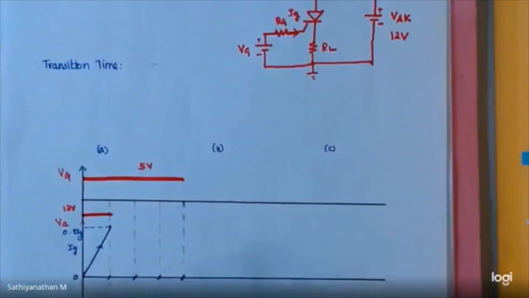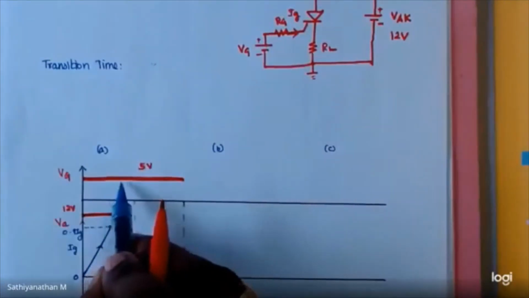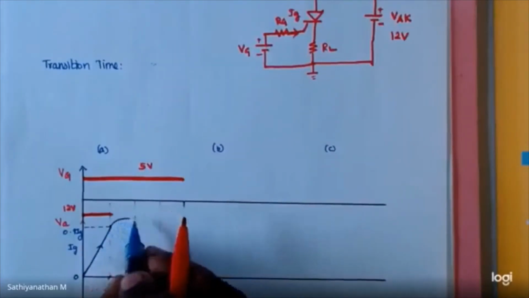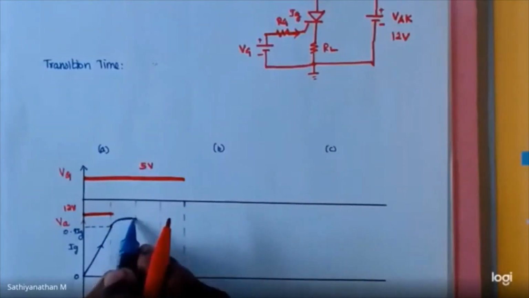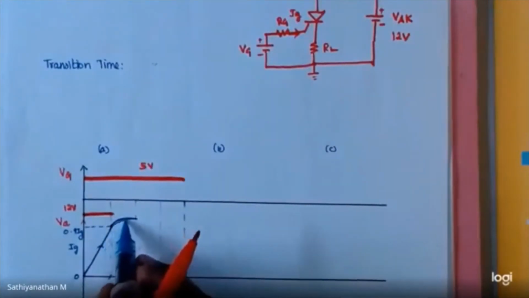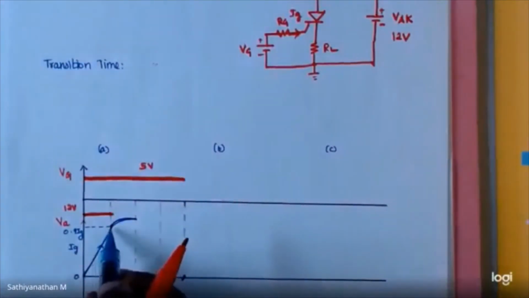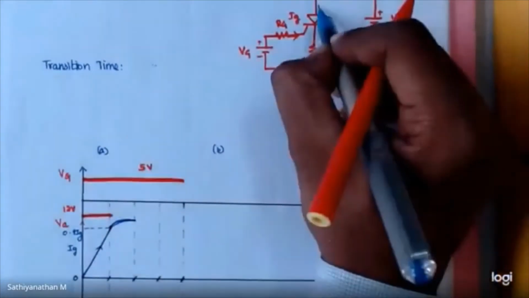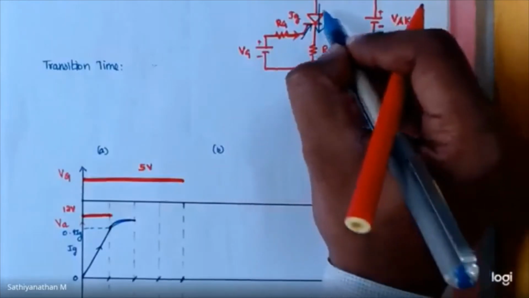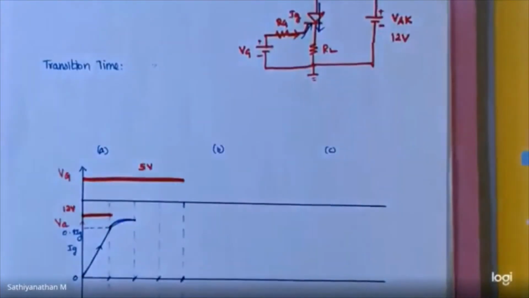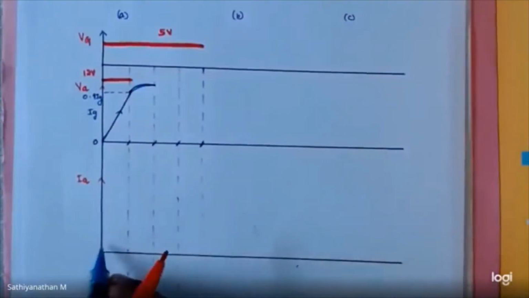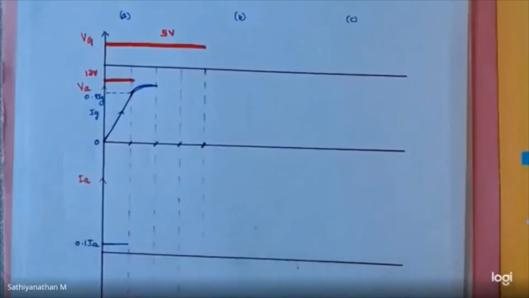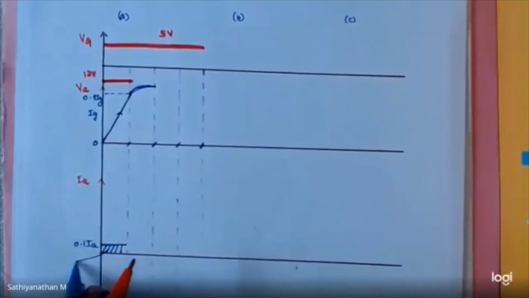After this point, your gate voltage is maintained constant and your gate current increases to the maximum level, right? So it represents that your device starts to conduct above 90% of gate current. You are injecting gate current and your device starts to conduct. So you have an anode current, say for example 10% of anode current. This represents the leakage current.